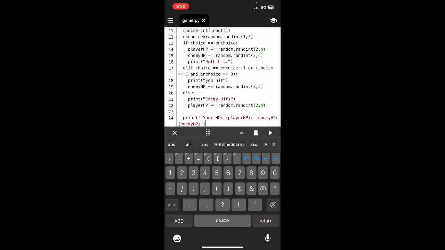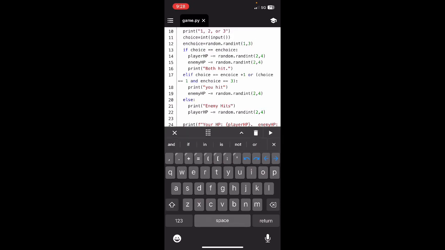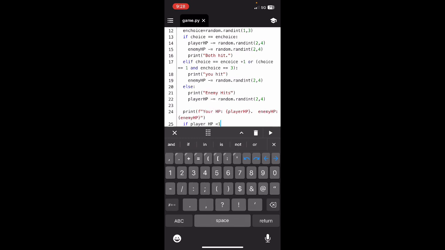And it's going to say your HP is whatever you have left. Enemy HP is whatever the enemy has left. I'm fully aware that at some point that's going to be negative, and that's okay, because we're going to check that out now. So if your player HP is less than 1. We'll say if you're at 0, you're down. And put a space, that's okay. So if player HP is less than 1,